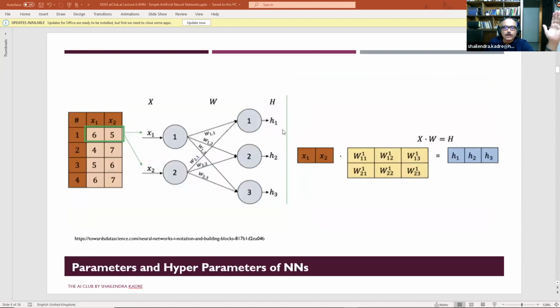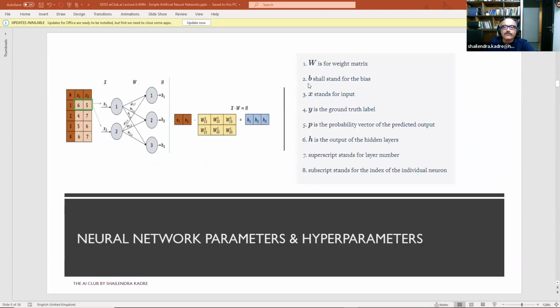One such cycle is called an epoch. Today I have not connected the iPad, so I cannot draw and write. The spelling is E-P-O-C-H, epoch. An epoch means a complete iteration, one forward pass and one backward pass. So one iteration is called one epoch. The number of epochs is also a